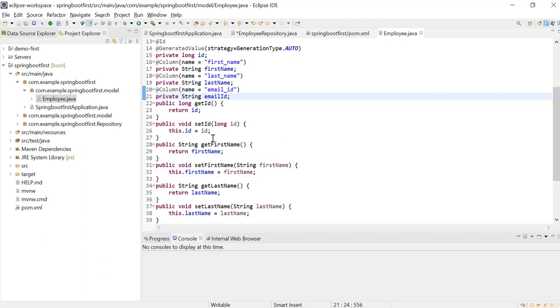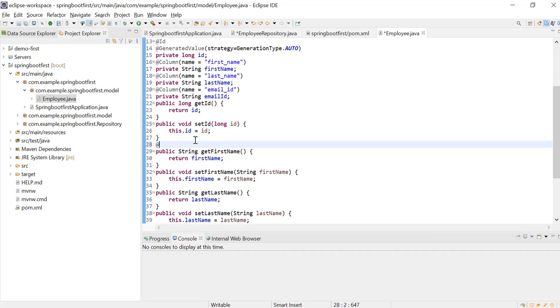Okay. So while getting first name and marking it as the column, it's not nullable. So for that, name is equal to first name, comma, nullable false. Okay. Similarly, I have to do